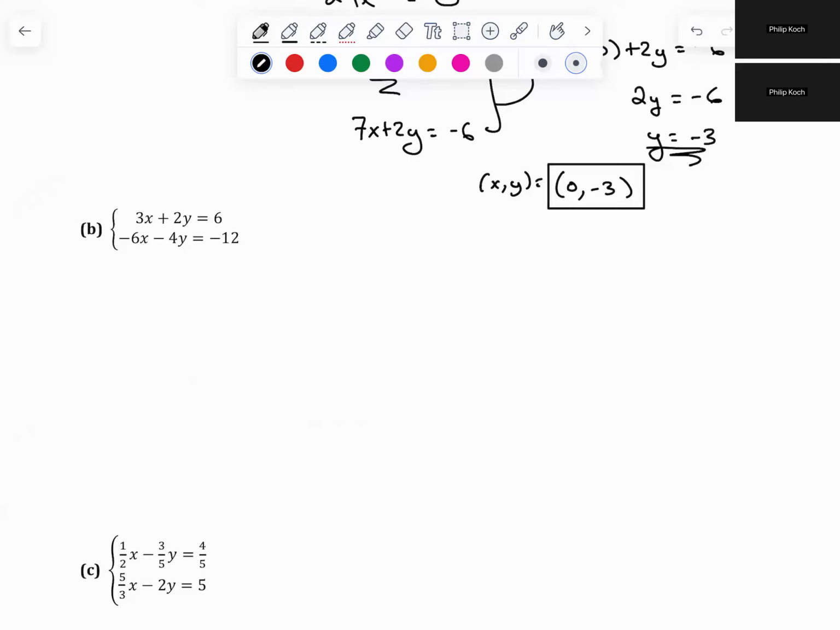And I could eliminate either variable because 3 goes into 6 and 2y goes into 4y. So either one would be a good option. I'm going to multiply by 2 to get rid of the x's because that will get me to a positive 6x and a negative 6x. We're going to see something interesting. So you get 6x plus 4y equals positive 12, and then we've got negative 6x minus 4y equals negative 12. Interesting. So when we add them together,